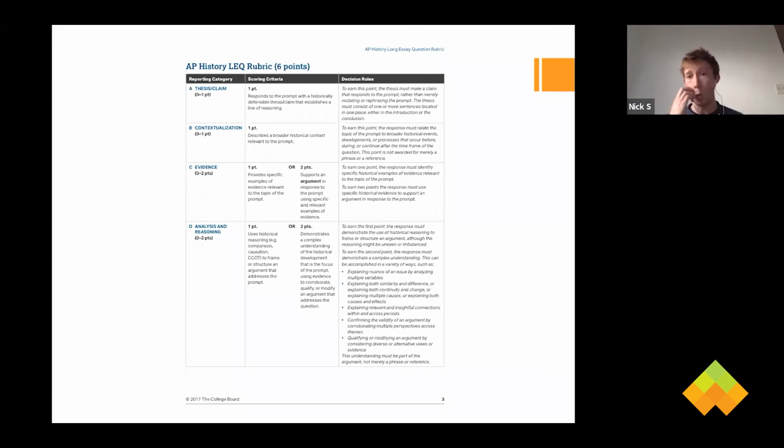A lot of times that's way more obvious than it sounds. So first paragraph structure is the same thing. I would suggest 2 body paragraphs with 2 pieces of evidence. Analysis and reasoning, again,